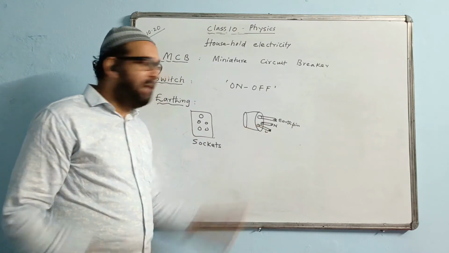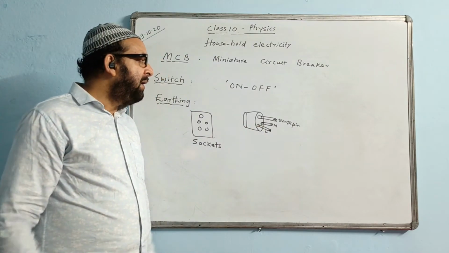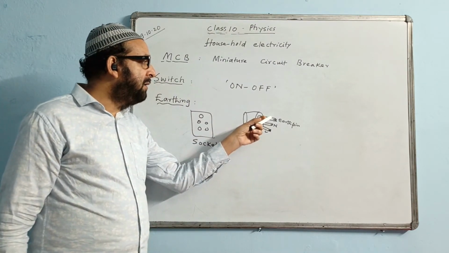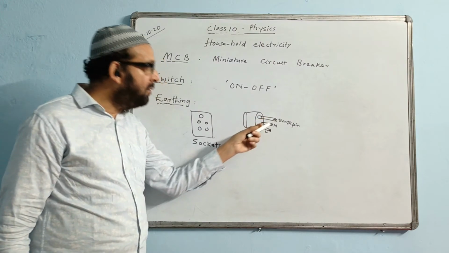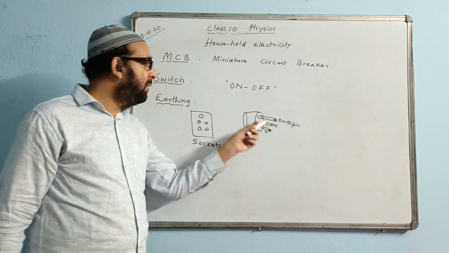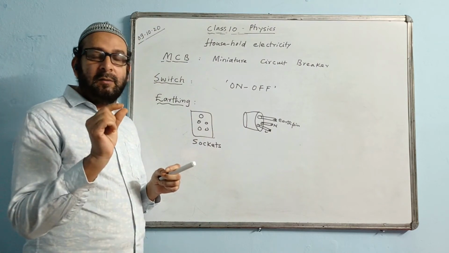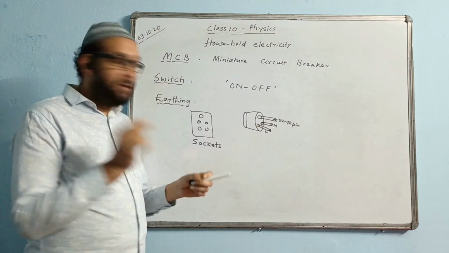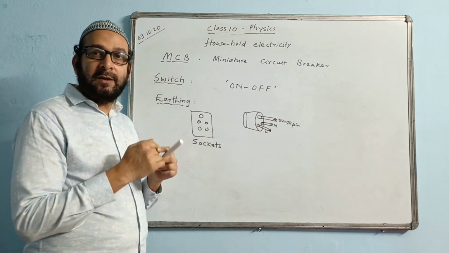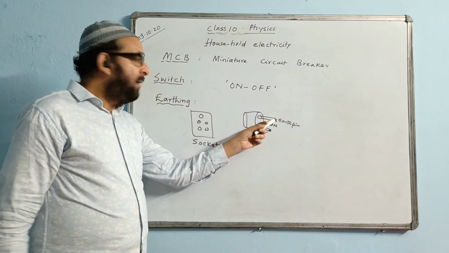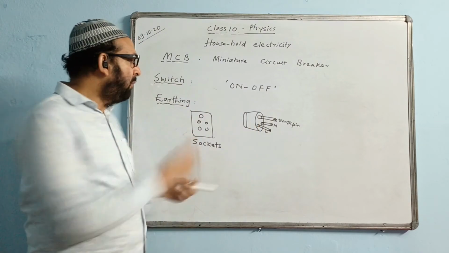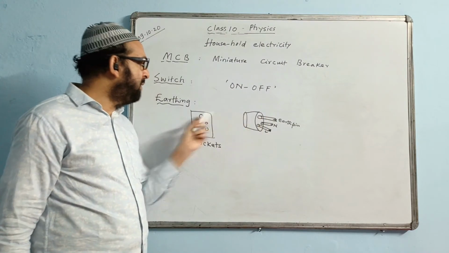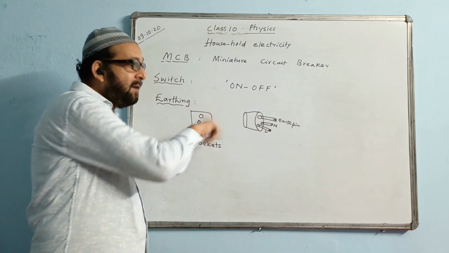And why is it made thicker? The reason is, even by mistake, it does not get inserted into the other two sockets, which are smaller. Because it is thick, it will not fit into the other two sockets, even by mistake. So it always goes to the socket, the hole of which is made for it, which has connection with the earth.